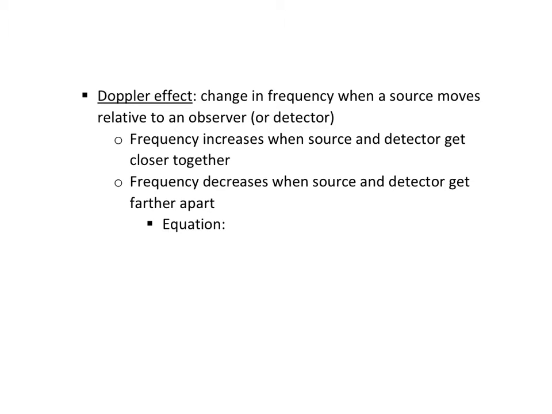The frequency increases when the source and detector get closer together, and it decreases when the source and detector get farther apart. So what's actually happening? Remember, frequency is the number of cycles per second for a wave. As the source gets closer, the waves are kind of bunched up, versus when it gets farther away, the waves are going to stretch out. But because they're moving at the same wave speed, it's frequency or period that would be changing. The equation for the Doppler effect,